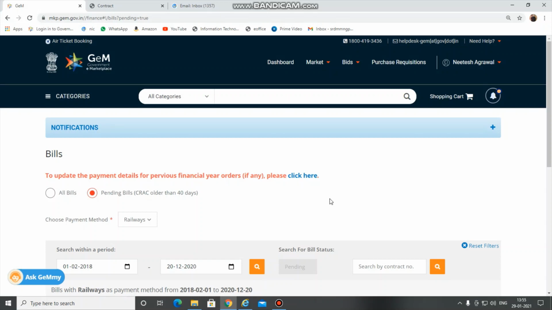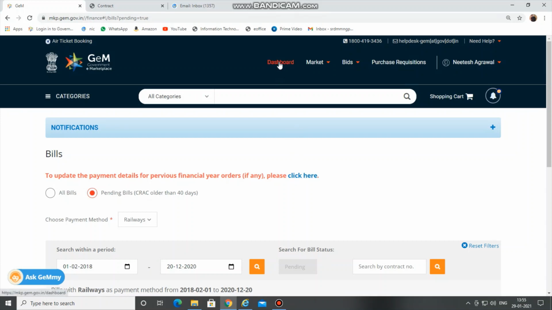An order when placed on GEM can be cancelled by the seller or the buyer. It has to be cancelled by the buyer. So it might be a case when an order was placed on GEM and now its DP has expired and now the buyer wants to cancel the order for reordering. So now I am telling you the procedure of the same.